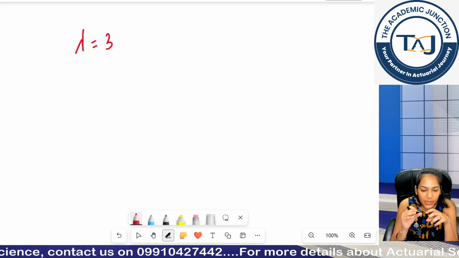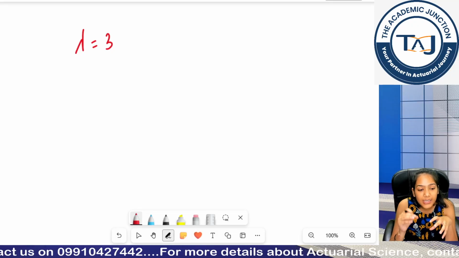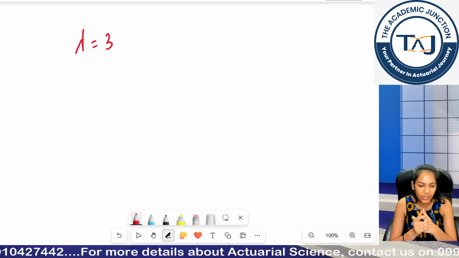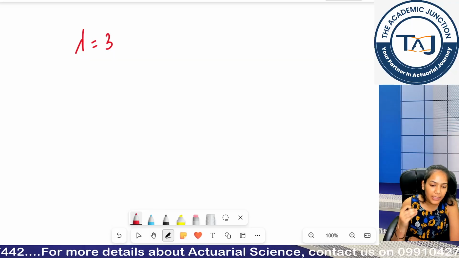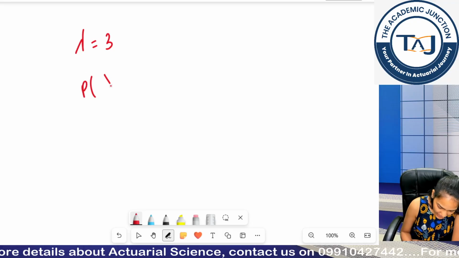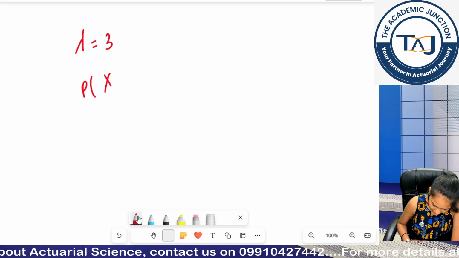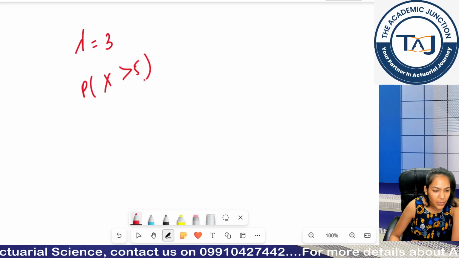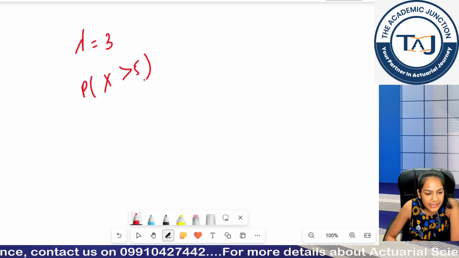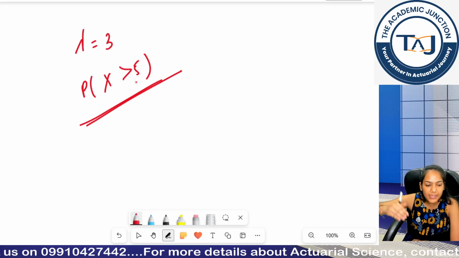Clear, guys? So here we have been given the definition as scored randomly at a constant rate. Similar language determines that we have to use the Poisson distribution here. I have to calculate the probability that more than 5 goals are scored in a match. More than 5 means x is greater than 5. My range of x goes from 0 to infinity, and here I want x from 6 to infinity.